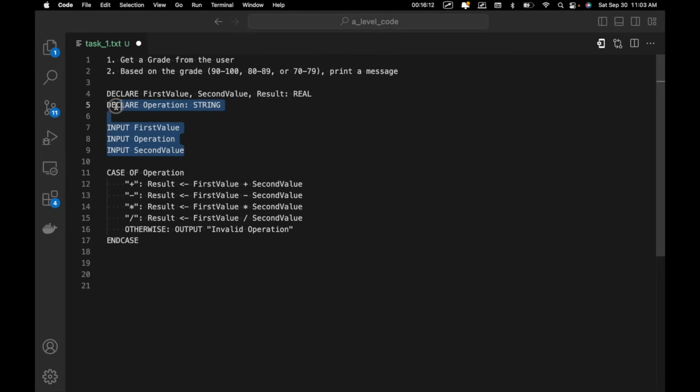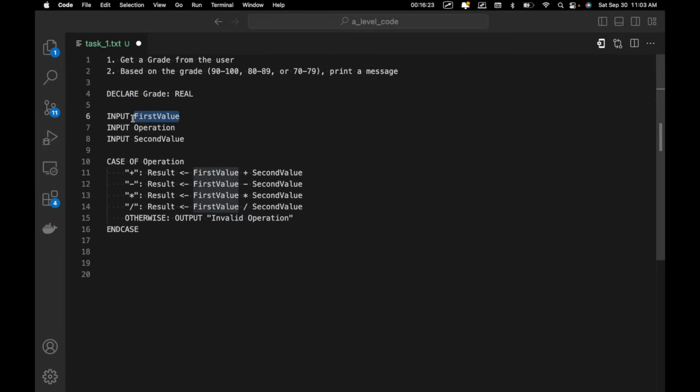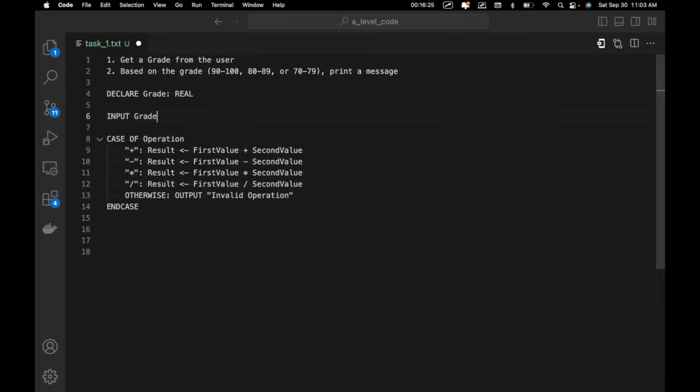So we'll get rid of all of this. All we need is one variable, which is grade. And then we can get rid of this, input grade, get rid of this right here. And basically how we're going to handle this is we're going to change this to grade, because that's going to be our input to the case. That's going to be the variable that we analyze in our switch block. And then we can say 90 to 100 with the 2 capitalized, output